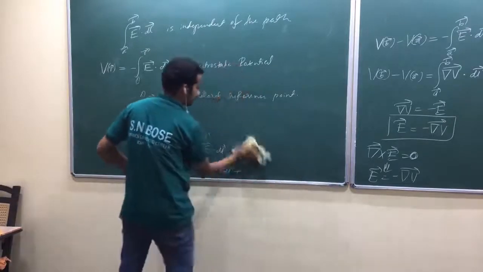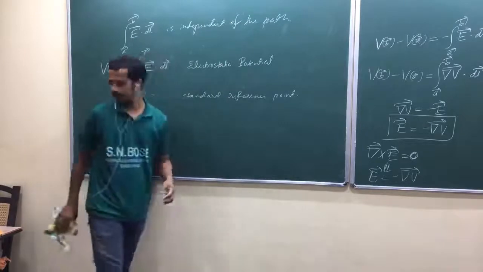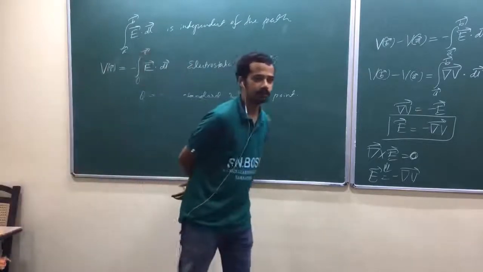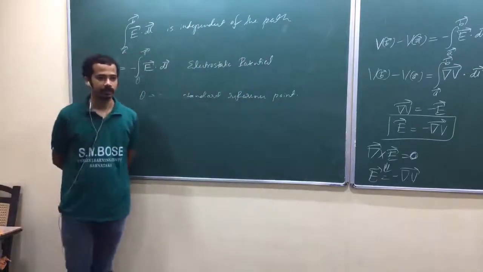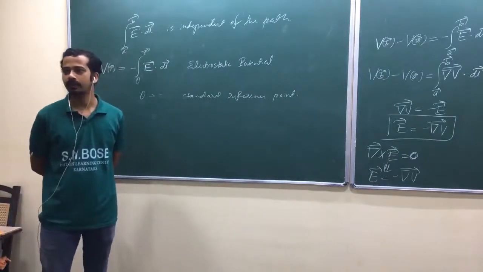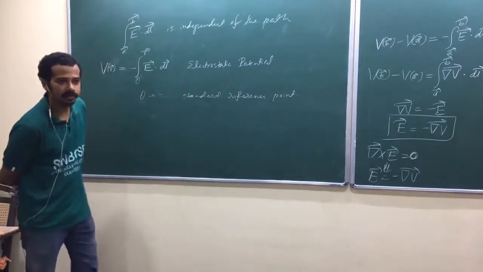Yeah, it's a scalar. It's very easy to compute. Why? You don't have to do that vector addition, isn't it? If you had two charges to find the electric field, you need to add those electric field vectors. Am I right? Now, if you have two charges and want to find the net potential at any point, you can add just like a scalar. Am I right? So that's very easy to compute.